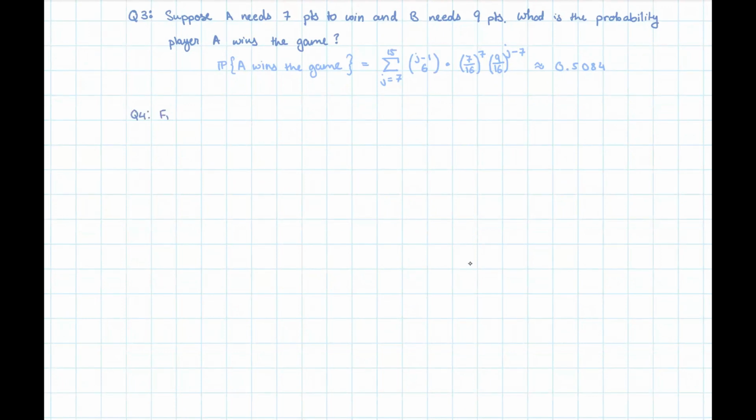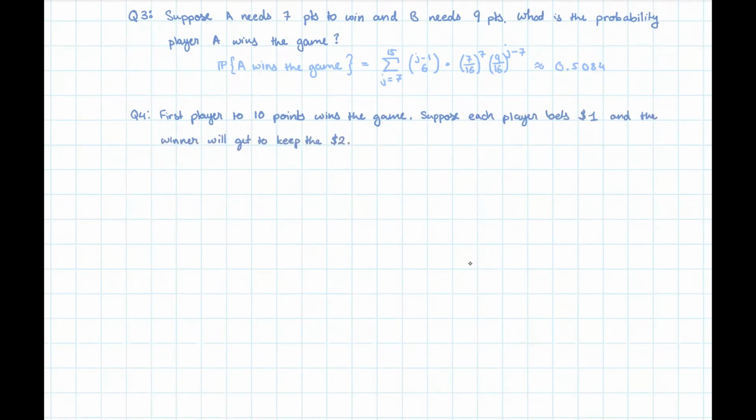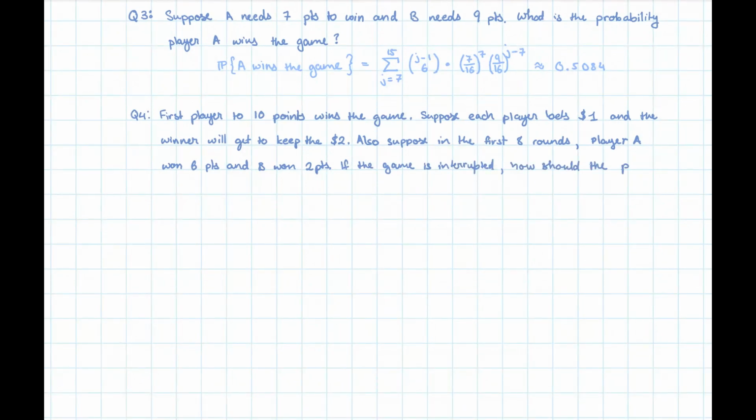Let's go back to the 10-point game from earlier and look at the problem of points in the game. Suppose both players wager $1 and the winner, the first to get to 10 points, keeps the $2. Also suppose that in the first 8 rounds, player A has won 6 of the rounds and player B has won 2. If the game is interrupted now, how should the $2 be split up based on each player's probability